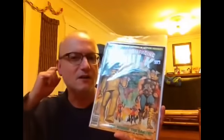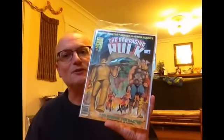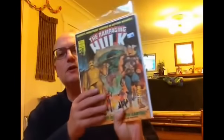But anyway, in the meantime, before I even got to their 50-cent boxes, they had a whole bunch of Rampaging Hulks, and there were so many, I had to just pick and choose ones with my favorite covers. This is my most favorite cover, Rampaging Hulk number 9. These were